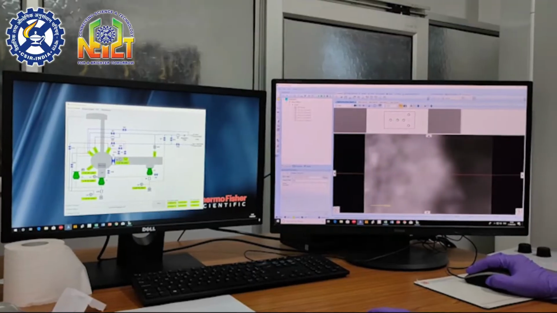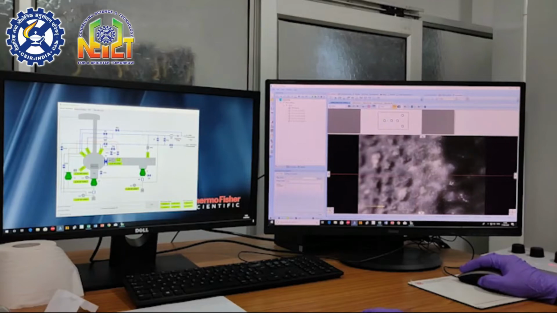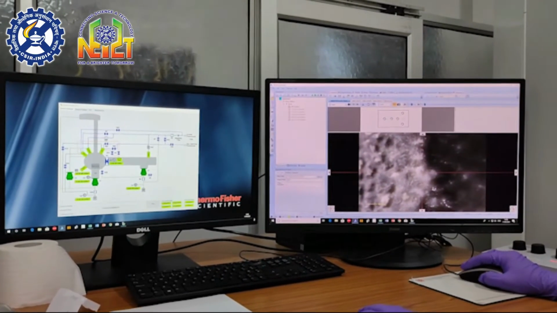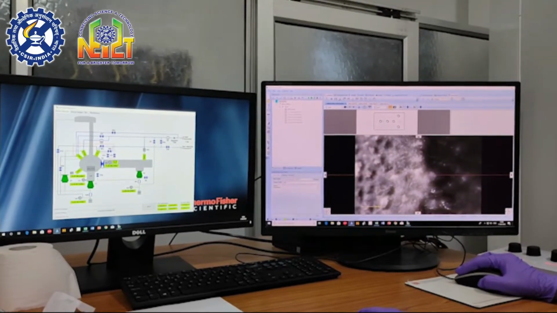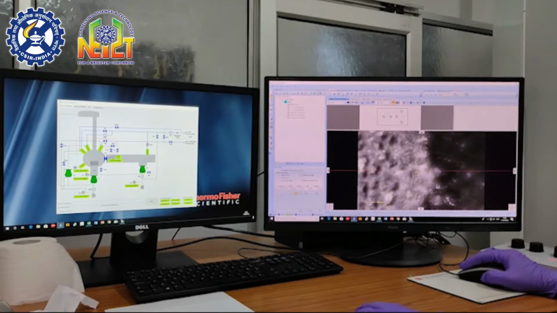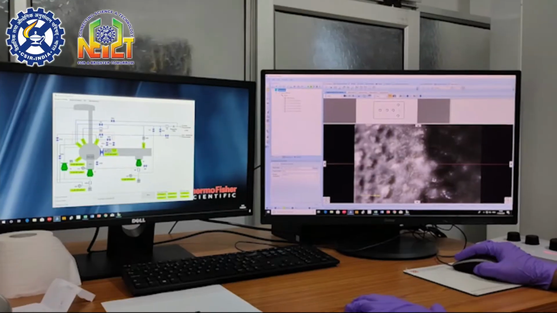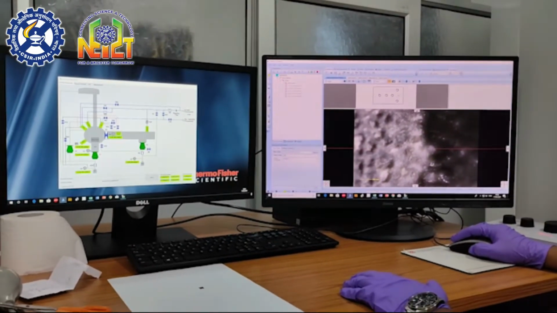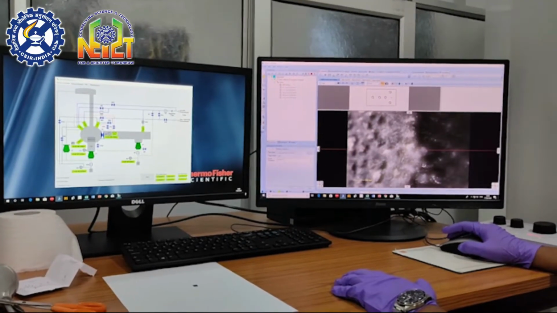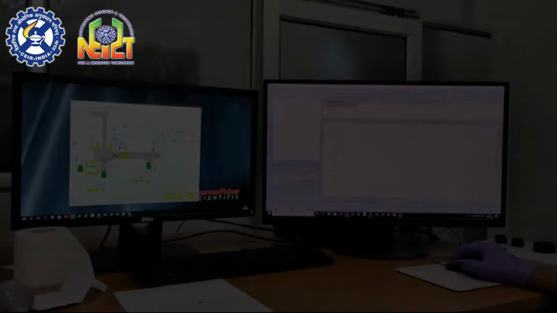Now going to the software part, first I have to go to the computer and you can see that the sample is moving. First of all, I have to focus on the sample area where I need to scan. After focusing on the sample, I have to give a proper name and create a new experiment setup as per the sample requirement, and then I need to turn on the flood gun for the scanning process. Then survey scanning is carried out by choosing different criteria such as X-ray beam type, range, beam energy, scan number, etc.